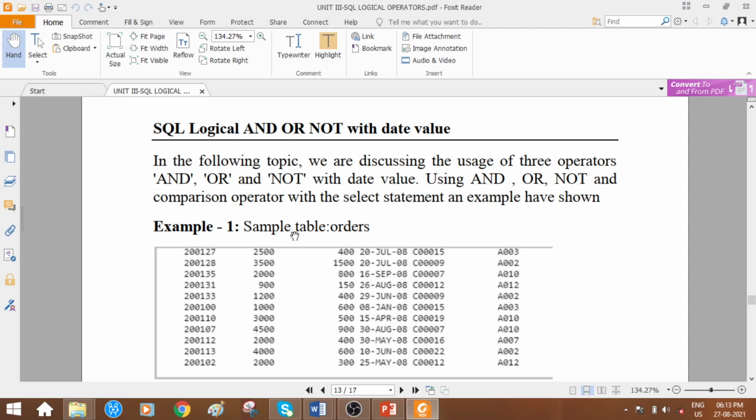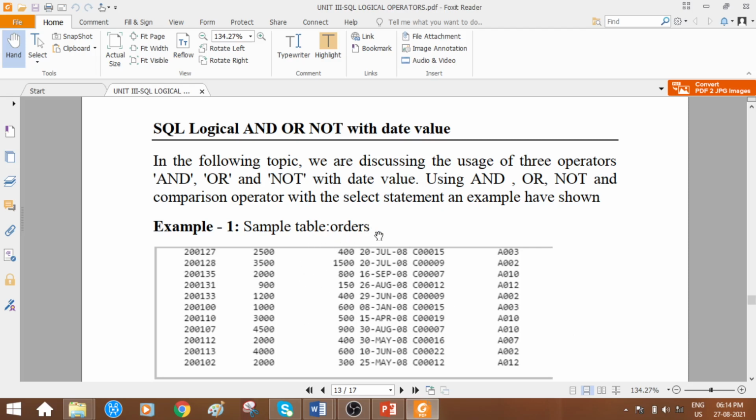Observe here, students, I have displayed a sample of the rows. This is a table with the name orders. Till now we have discussed something like the customer table, right? So you can imagine the customer is ordering an item, so some order details. Let it be like that, the assumption.